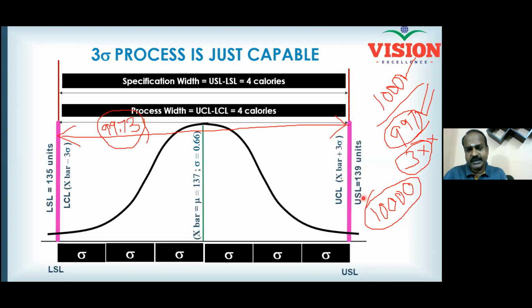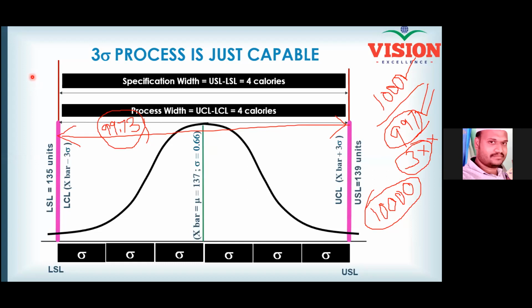Now tell me, if the customer raises the demand from 1,000 to 10,000, will you be able to maintain the same capability? Or can it go down? Come on, share your views. If it comes to 10,000, almost we lose more than 30, no, 28 units. Imagine you are running a company producing milk bottles. What is your capacity? You are producing 1,000 every batch. Am I right? And now suddenly the customer places an order: give me 10,000 every single batch.